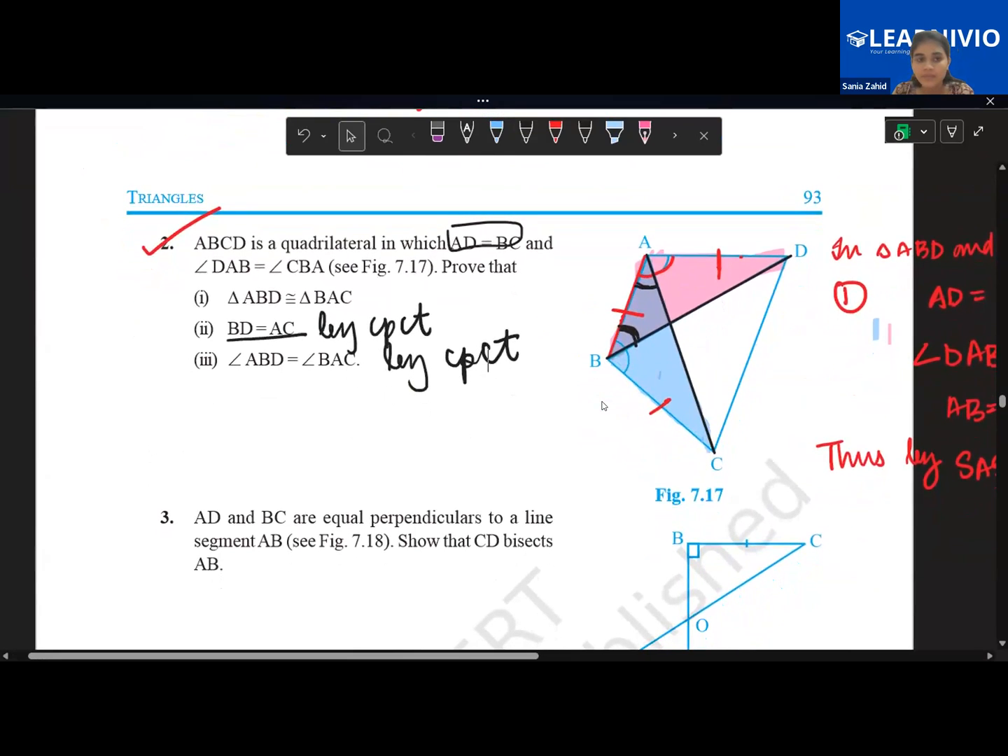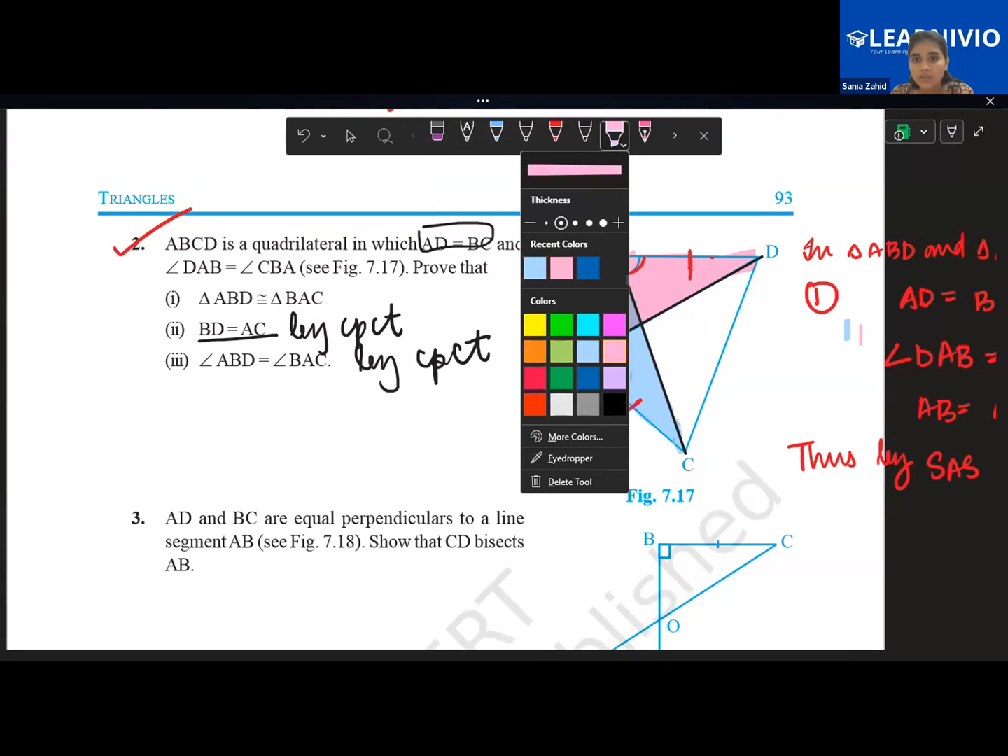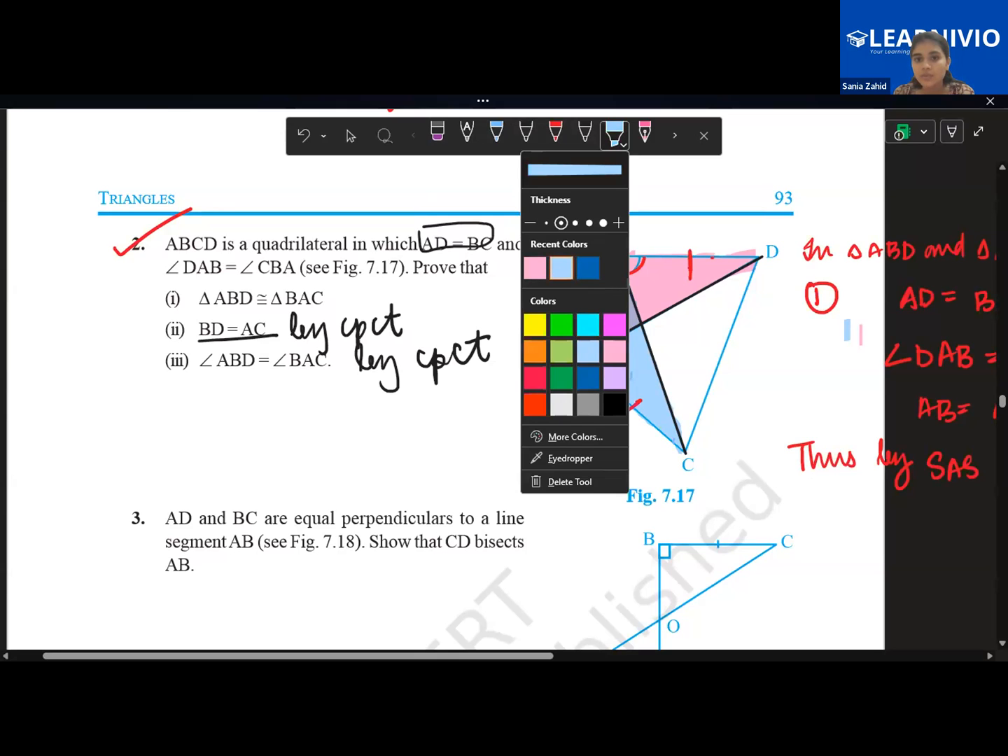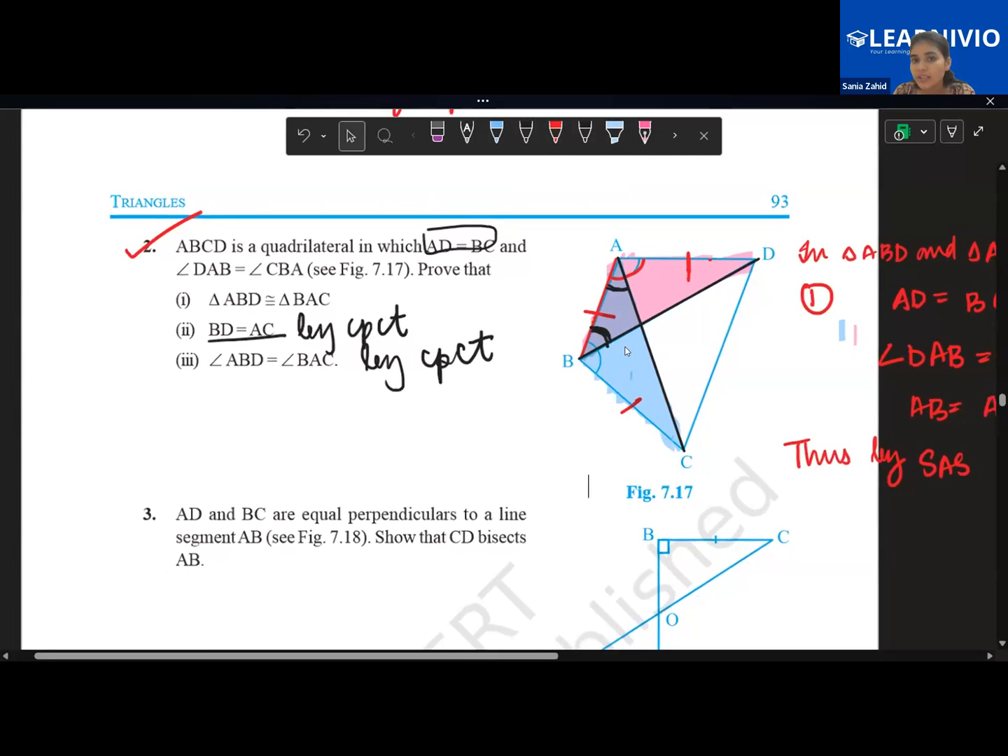Yes, ma'am. Okay, children, look here. You had to prove that this pink color triangle, where is the pink one? Over here. This pink color triangle is congruent to this blue color triangle. So what we will do is, first of all, we take both the triangles. Now it is already given to us that